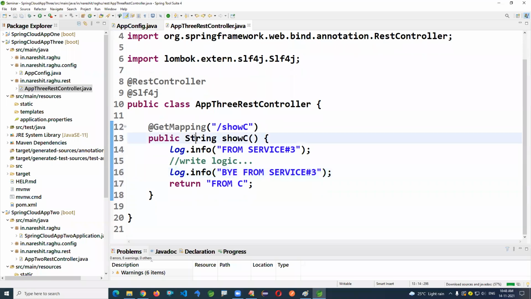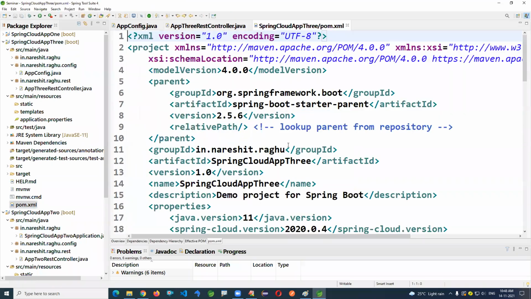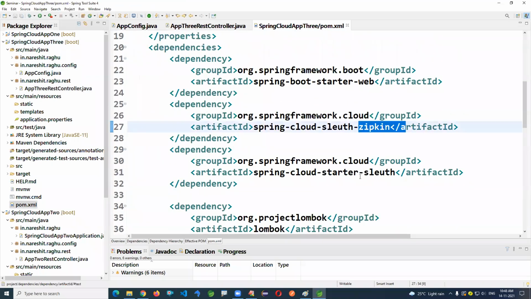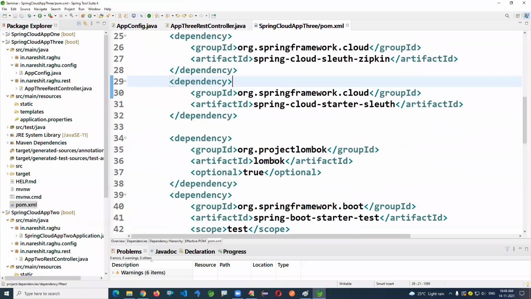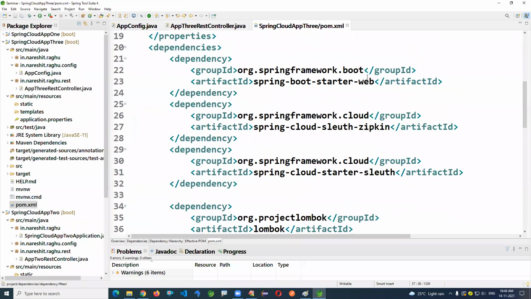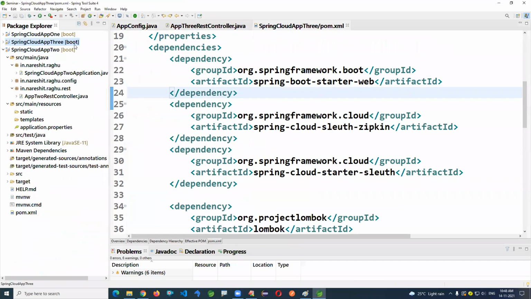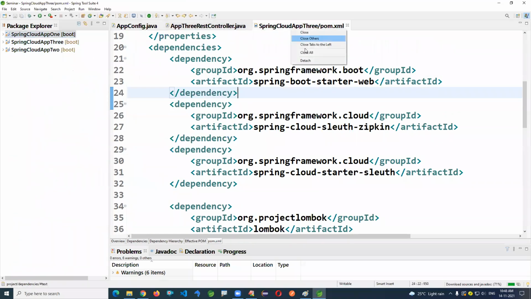No network call I'm making here. That's it, keeping it simple here. If you observe properly, the dependencies in app3 also: Zipkin client and Sleuth dependencies, Lombok to generate the SLF4J dependency, and web dependency to run the application here. Okay, this is fine. So these are the 3 applications I created here.